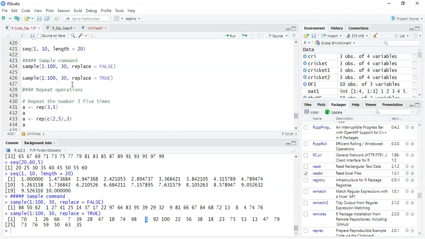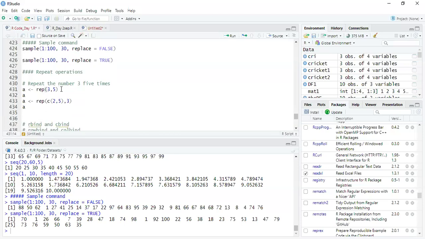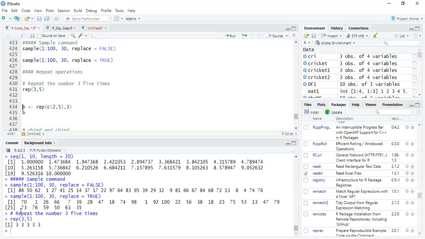Got it? Then we have something called repeat. What we mean by repeat is, if you want to repeat a number or any set of values again and again. So I say repeat 3 comma 5. When I say repeat 3 comma 5, I want to repeat the value 3, five times. So I get